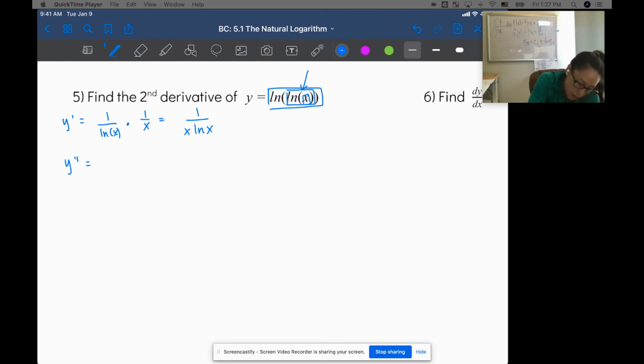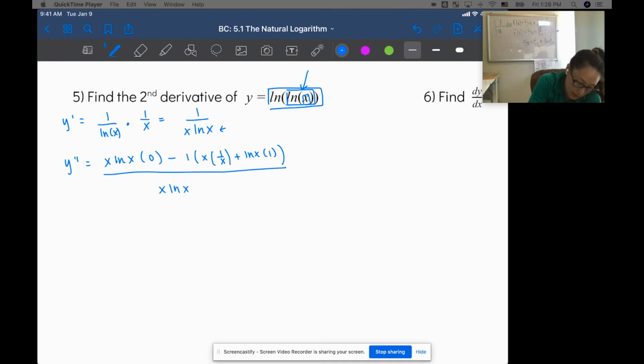Okay, so I have low d high: x ln x times the derivative of high, which is 0, minus high, 1, times the derivative of the low, and I'm going to use product rule on the bottom, left d right, so x times 1 over x, plus right d left, so ln of x times 1, all over